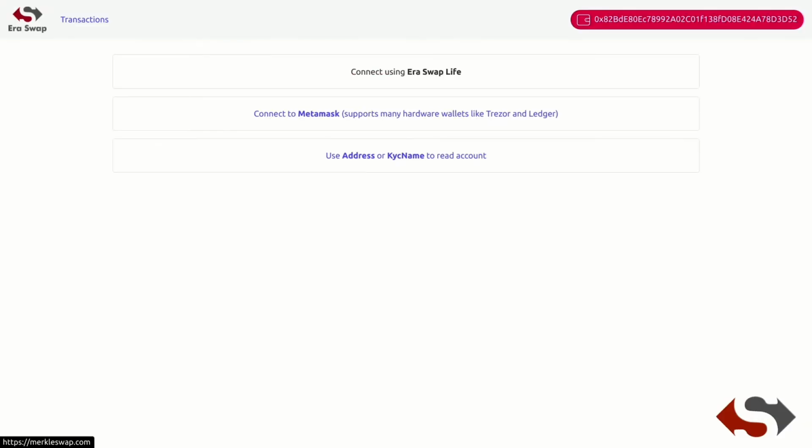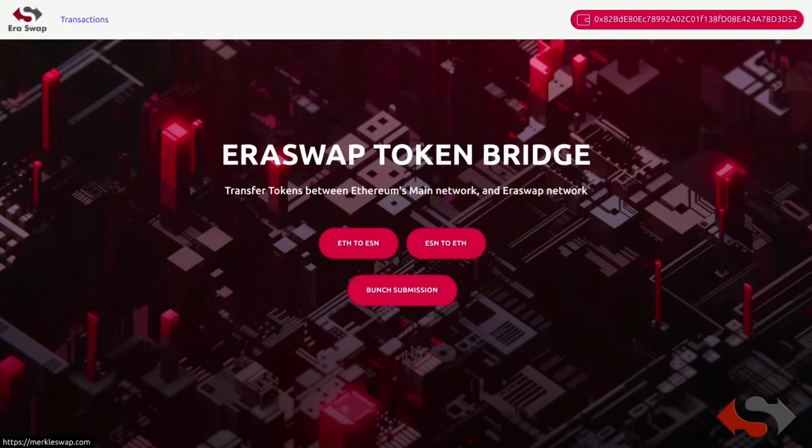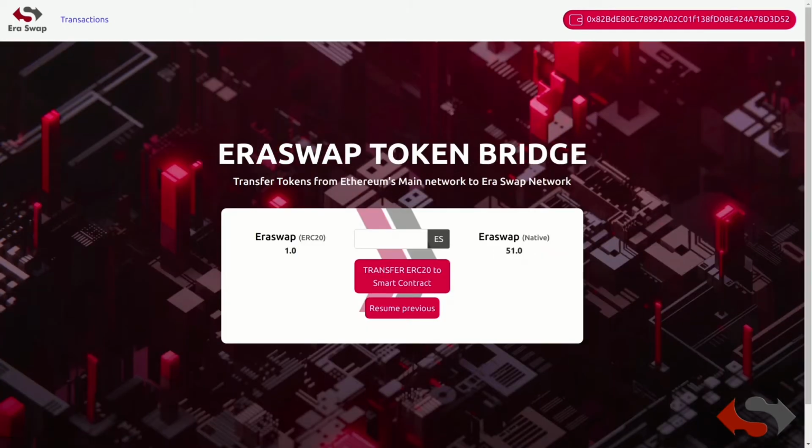Now we are connected through Web 3.0 to the blockchain. Here we can see ERC20 and native balances. The transferred amount or whatever transaction we are making, it will go to the Eraswap network first.